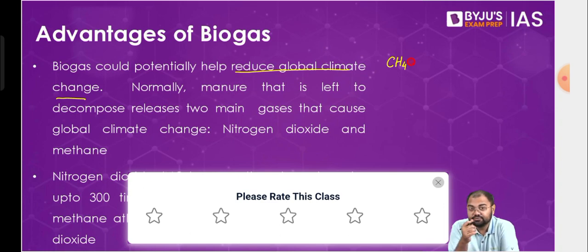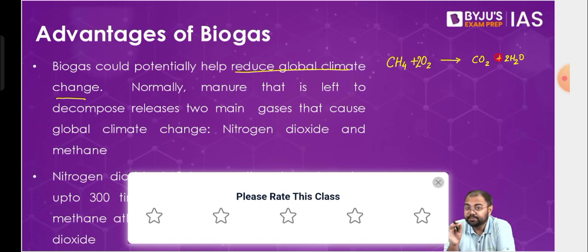So see, what happens is that you have methane biofuel, as we discussed that biogas largely is methane. In case of the methane that you have in the biogas, when the combustion happens, combustion basically is a kind of oxidation process. We had discussed this, that combustion cannot happen without oxygen. So normal decomposition, methane is released. Biogas, carbon dioxide is released. Now just remember this, that methane as a greenhouse gas is far worse than carbon dioxide.